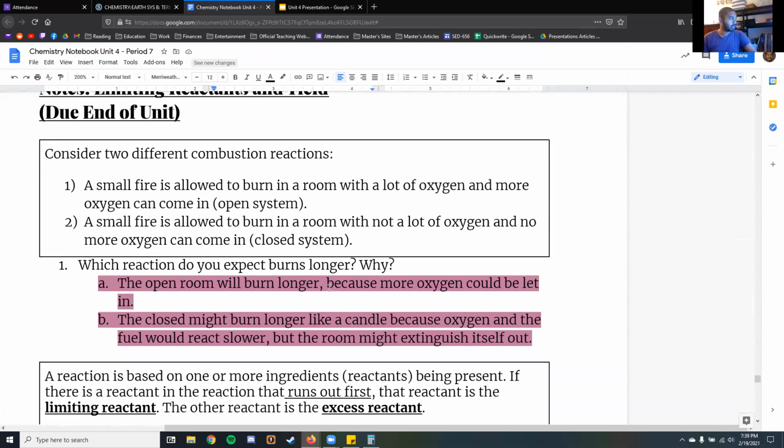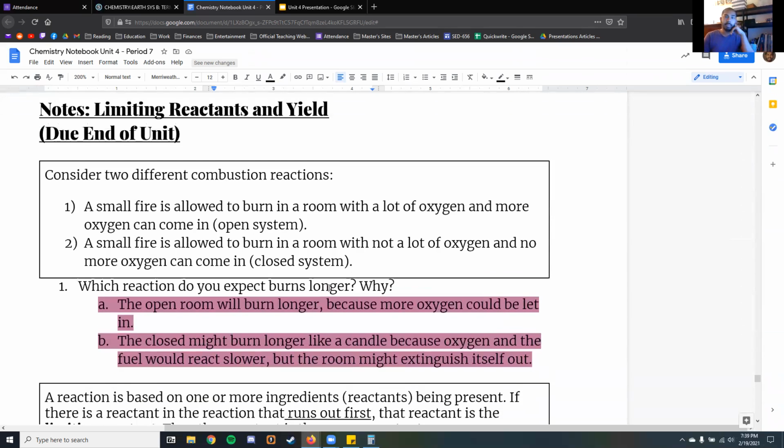Okay. Now, that takes us to a note here in limiting reactants. And so with limiting reactants, we're back to talking about reactions, but we have limits to what we could do. It's like making a sandwich with 2 pieces of bread and not enough turkey, right? You've got some of your material, but not enough.